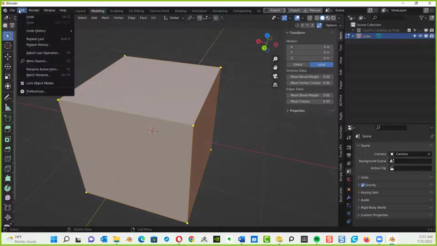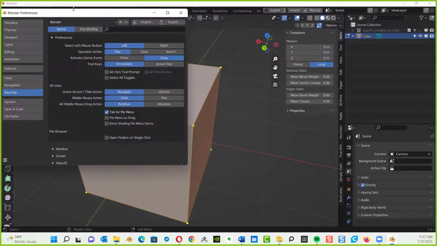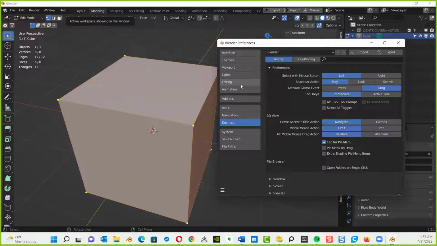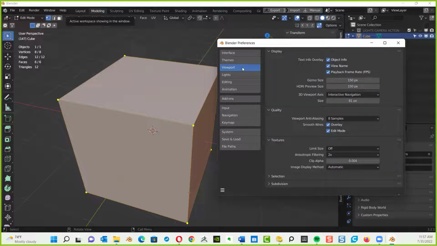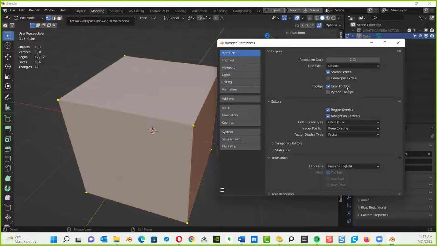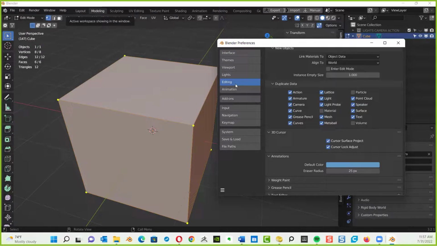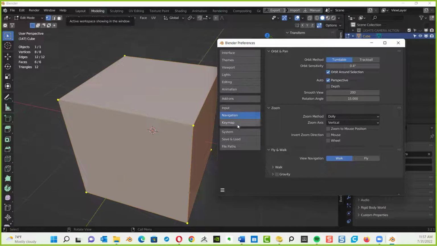My points may be bigger than yours. Why? I think now I have to remember where I did this. It's under your preferences, and I got to remember where I had this. I think it's under viewport. Axis. No, it's not under. No, it isn't. Oh gosh, I'm forgetting where I put it. Interface. It's under interface. Menus, renders. Oh my gosh, I'm forgetting where this is. It's not under editing. Navigation.